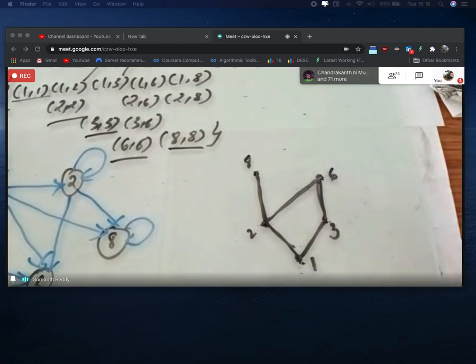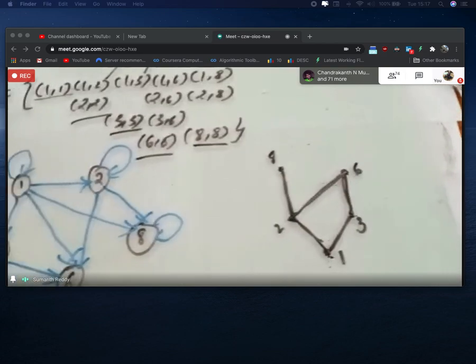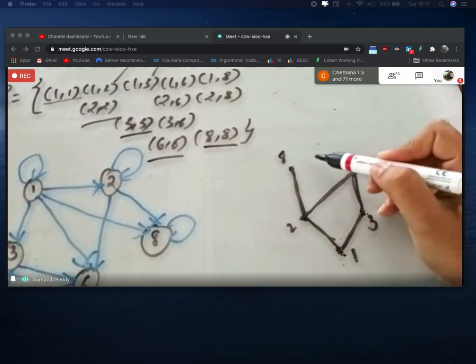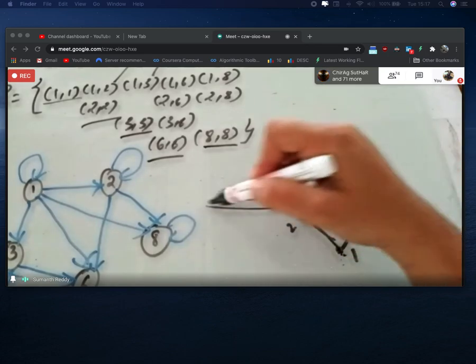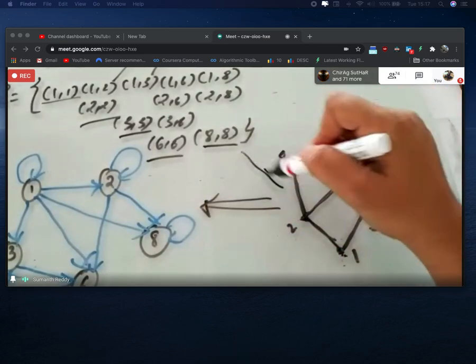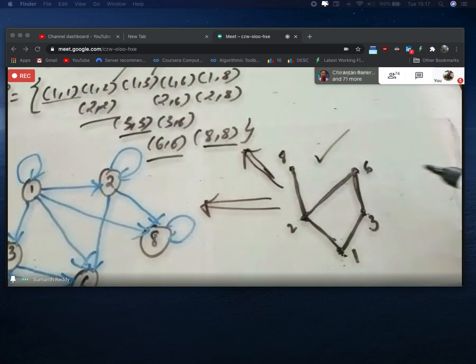Okay, so I think with this example, you will be 100% convinced that this Hasse diagram is a simplified representation of the relation. You can compare this Hasse diagram with the ordered pairs. Always, this Hasse diagram will be the simplified representation. Fine. So I think now you have a better idea how to represent the relation in the form of a Hasse diagram. So we can solve more problems on this.